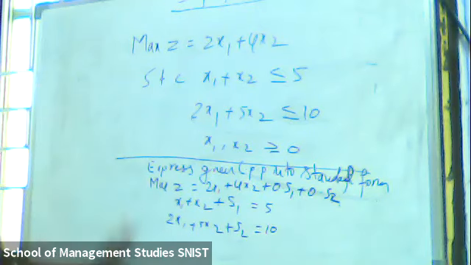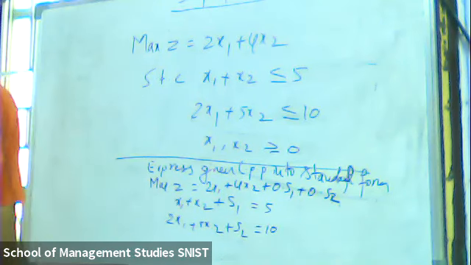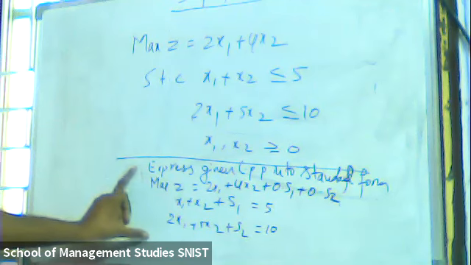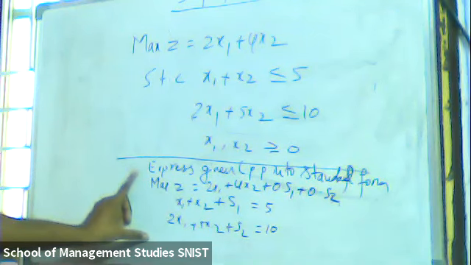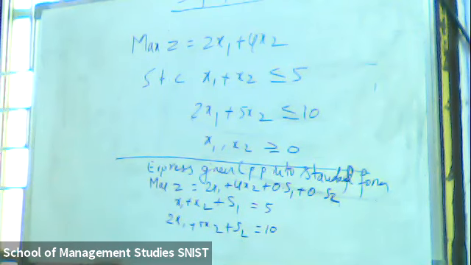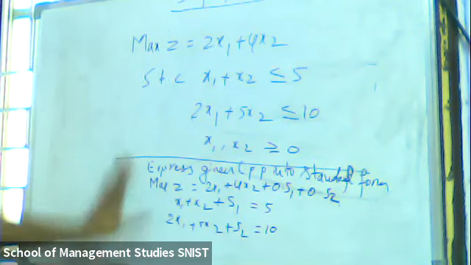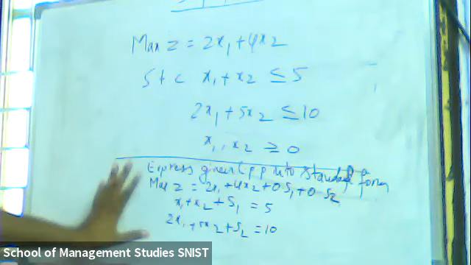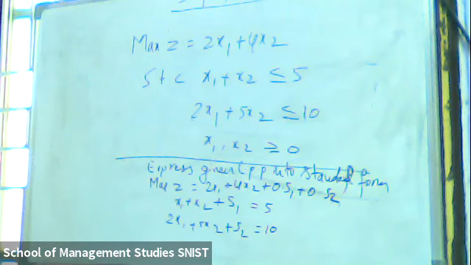Did you understand this procedure? For this point only you will get marks. If I am the evaluator of your paper and you write this, I will give 3 marks for this step. If it is 14 marks, I will divide like this: 3 marks for this, and again the next 3 marks, like that. If you have any questions now itself, please ask me. This is the most important one.